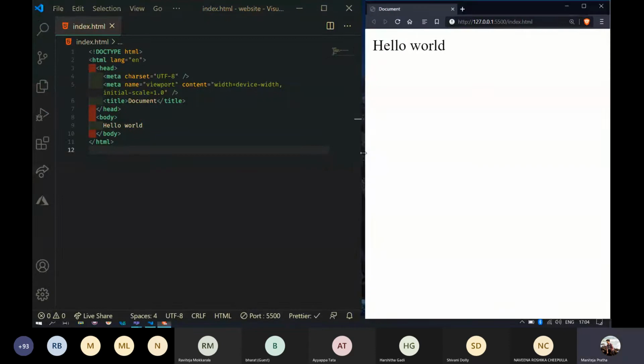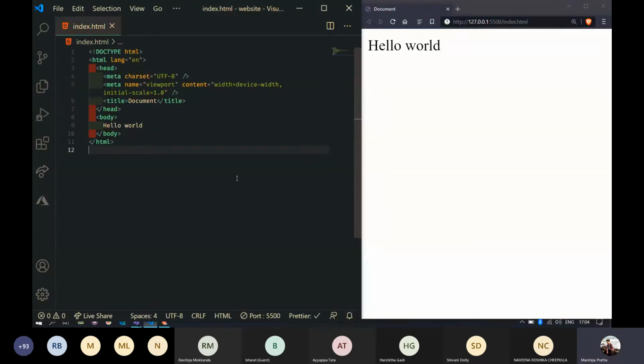Okay, guys. So the left side is my VS Code, and the right side is the browser. Whatever I do here will be reflected in the browser, right? So whenever you get any disturbance or anything, please let me know so that I can correct it. So now let's see how you can use the DOM model.